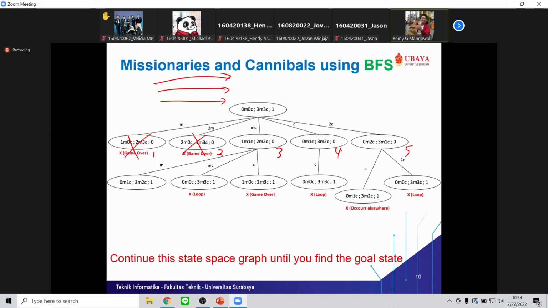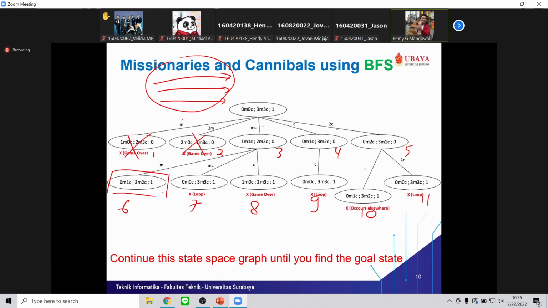Okay. It should be 6, 7, 8, 9, 10, 11, because it's usually done in this horizontal way. So in case you use this sequence, M to M, MC, C to C, of course you will meet this one first, right?